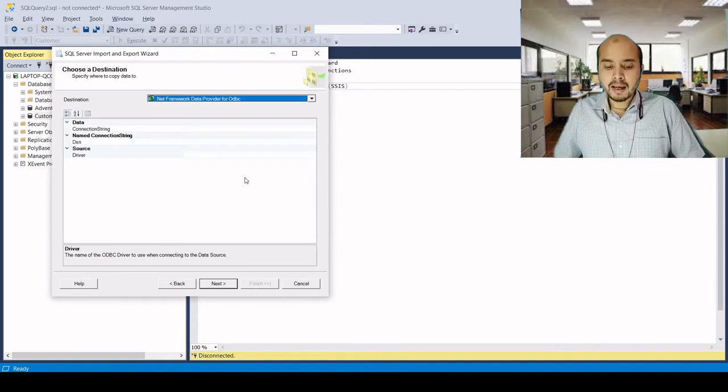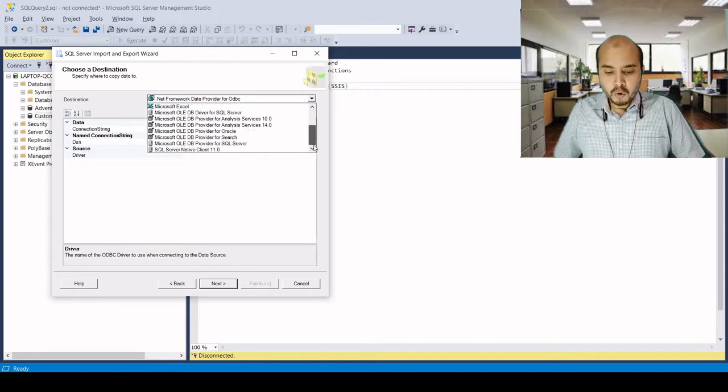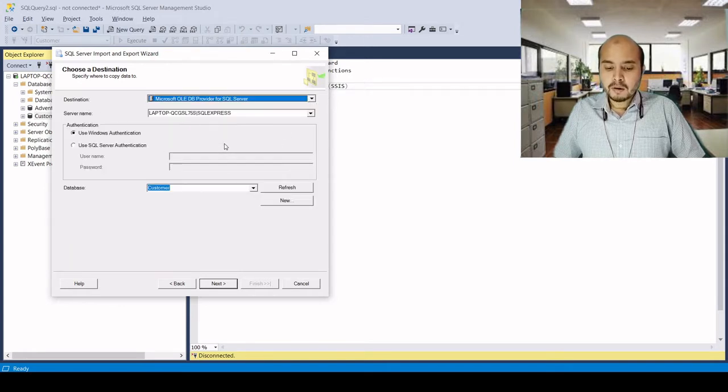Click on Next, and here you need to give the destination. In my case, the destination is OLE DB provider for SQL Server. Here the SQL Server name is this, so you can change it according to your desire. In my case, I will use Windows authentication.